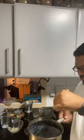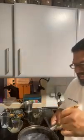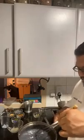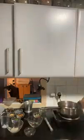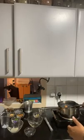Such a simple recipe, and it is not as complicated as it sounds. Basically, it's done. We'll wait for the room temperature to get it poured into the mold, and at the same time